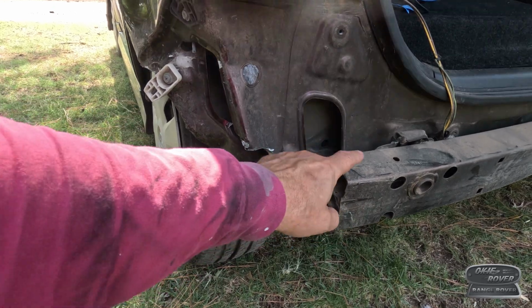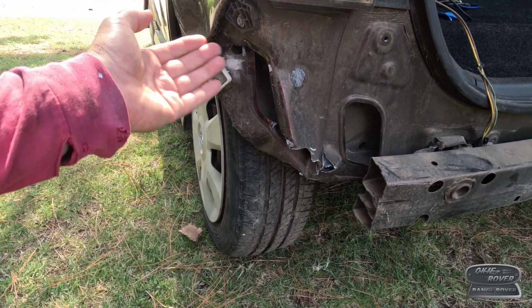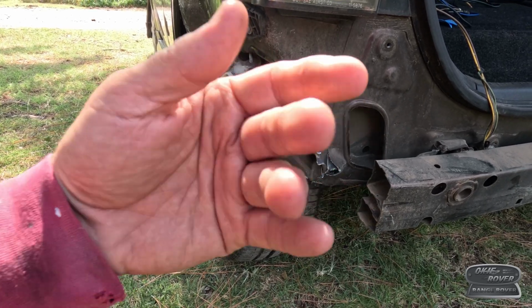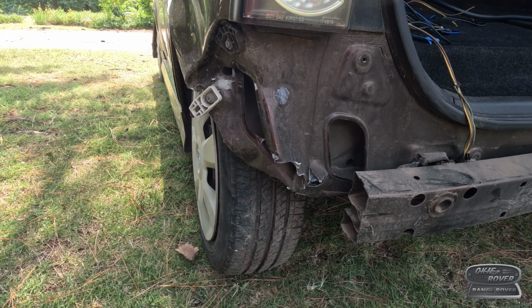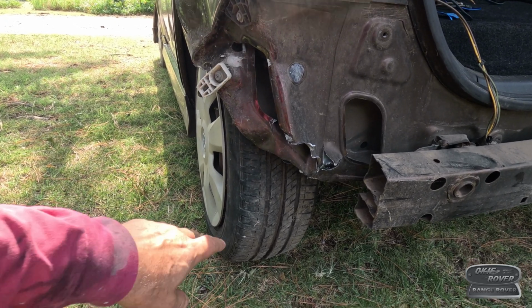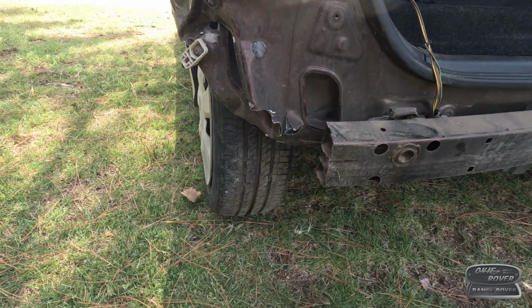There's no bumper, this is the bumper. And then got the tire off, and I just hammered on it until I bent that fender back out of the way and got it sorted out so I could at least get the wheel off the tire. I did that, and